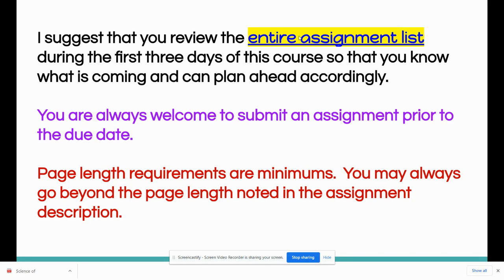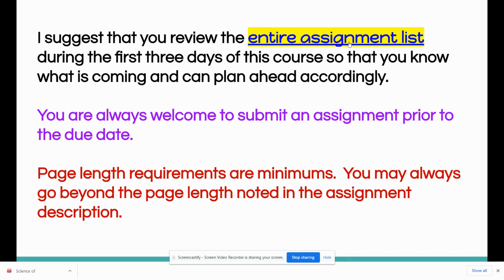I create an assignment list for every class I teach that is separate from the syllabus. Basically, it's the part of the syllabus that outlines every single assignment, when it's due, the directions, all of that information that you need, and it's in a week by week format. So each page is a separate week. I've found over the years that this is most helpful to students. It helps them to think ahead, plan ahead, organize their work, and you always know what is due each week.